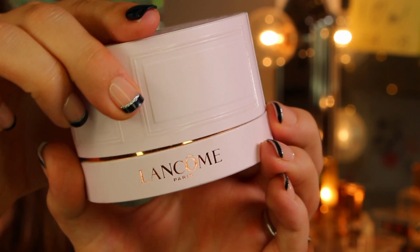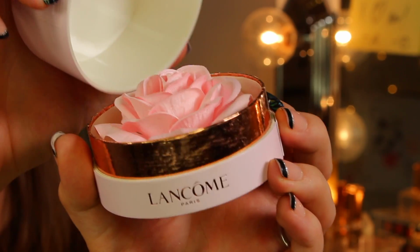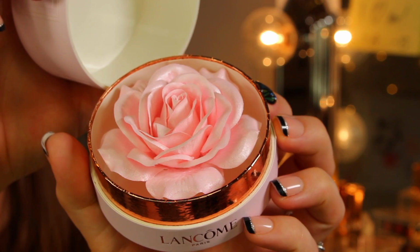So today, we are talking about some boxed highlighters. This one is from Lancome. It's the La Rose. Basically, it's the rose in a box, kind of the first of its kind. When it first came out, people were like, why in the world? That's so impractical, but it is a gorgeous vanity piece. And the idea is that there is highlighter in here, you swirl your brush in it, and you apply it,